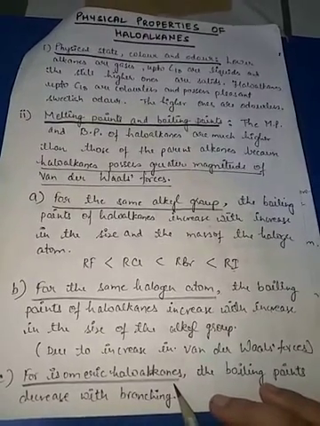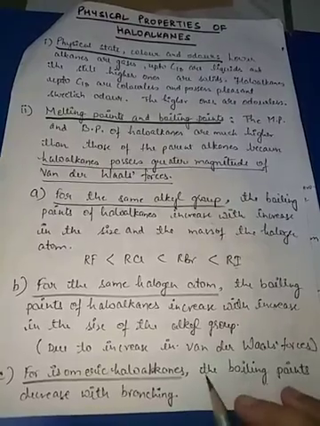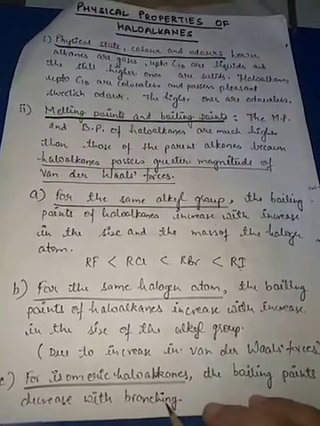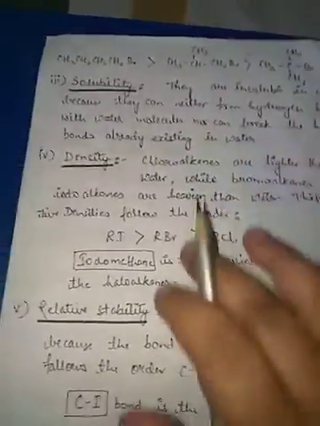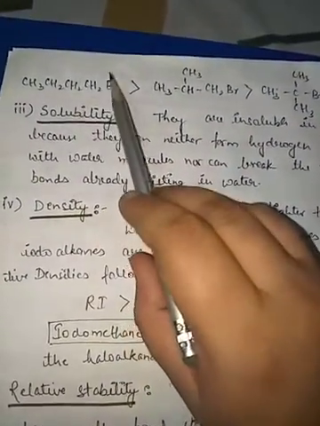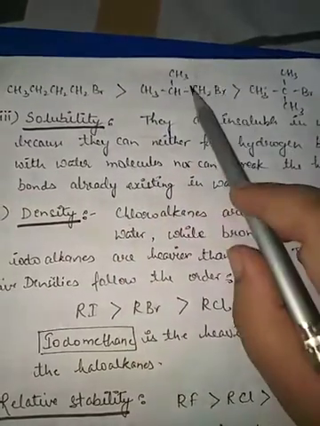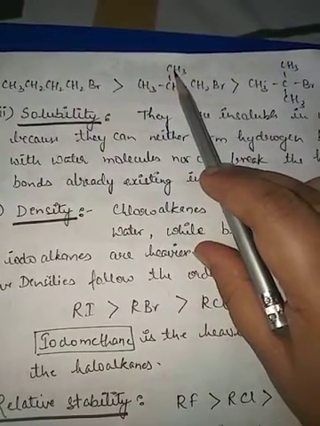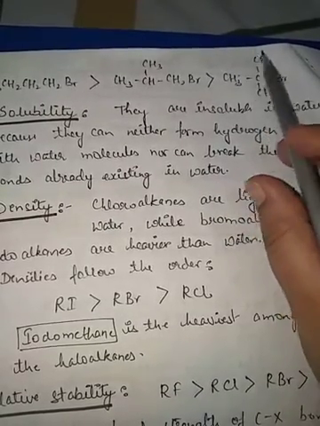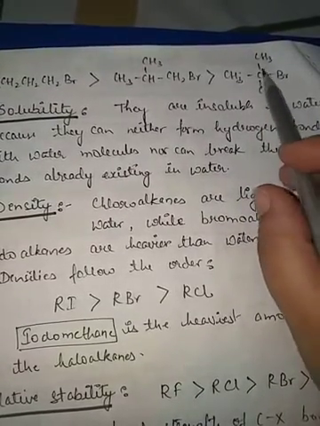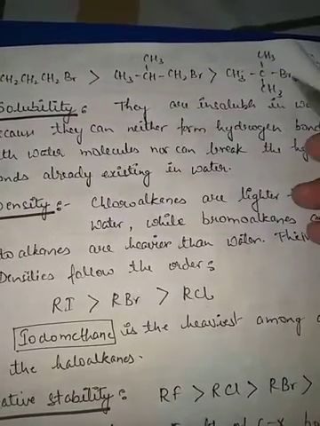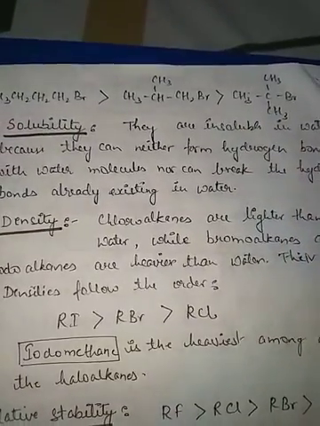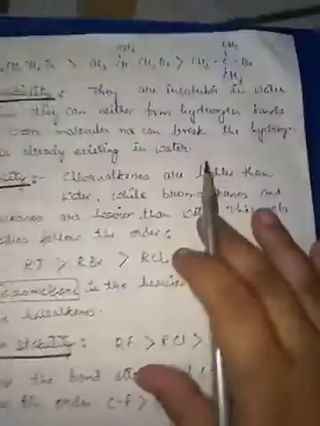Now the third one is for isomeric haloalkanes. If isomers are there, if branching is there, then the boiling point decreases with branching. If it is a straight chain, then its melting and boiling point will be the highest. See, this is a straight chain, its boiling point will be the highest, and here one branch is present over here, and the surface area is reduced like this, and due to that the boiling point keeps on decreasing with the branching. The van der Waals forces keep on decreasing with branching. That's why melting and boiling point decreases.